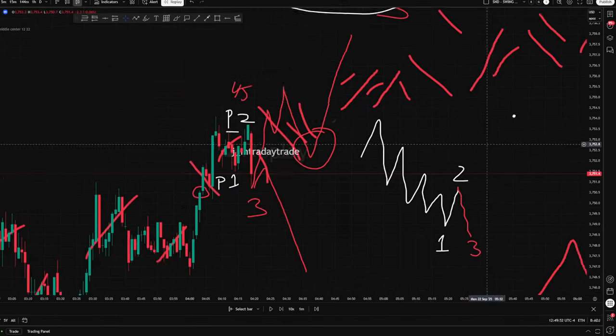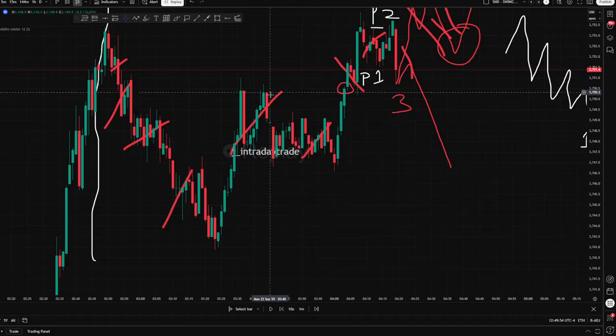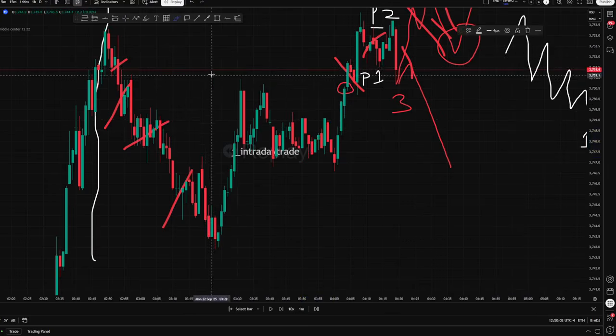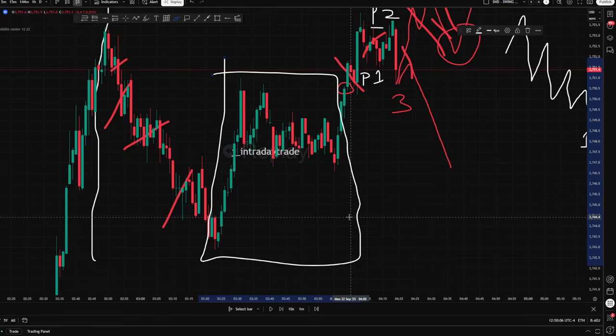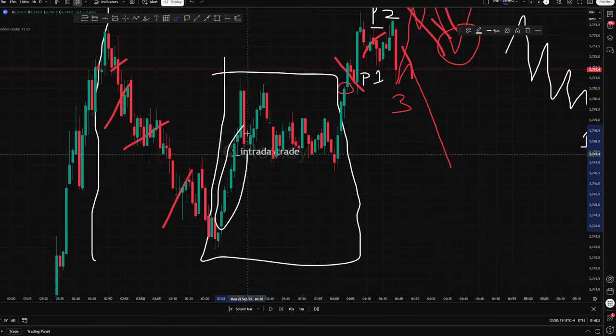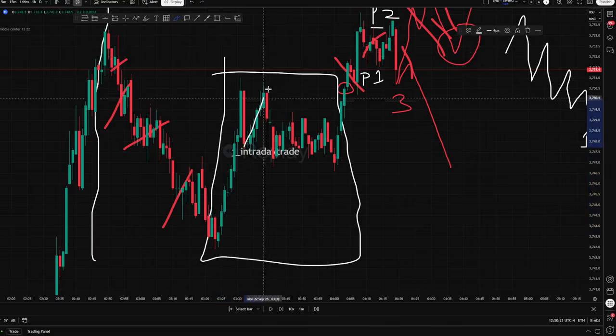Because if you're seeing price doing this very thing right here, let me get rid of that. When you're seeing price doing this very thing in here, you shouldn't even consider participating in price over here if you don't have the knowledge for it. You shouldn't even be interested in price over here. Because right here we don't have a breathing room. Where is the breathing room in here? It doesn't exist. And did price ever run above this height? No. So this is not officially a breathing room. This is just price going sideways.